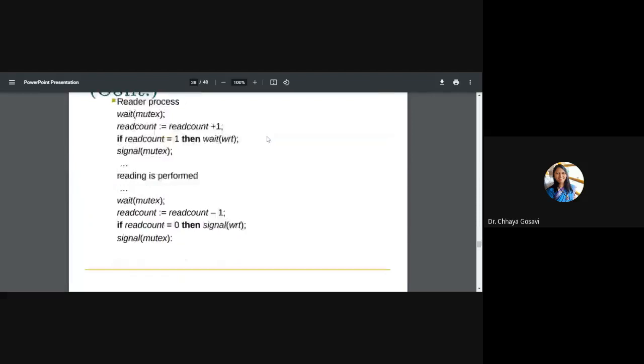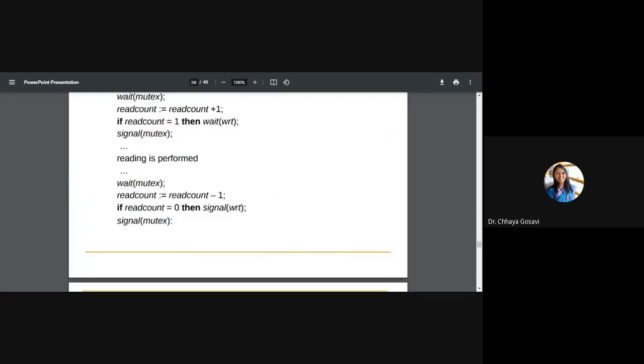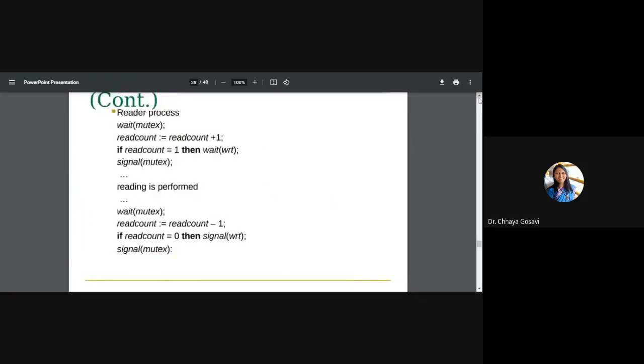Here, a reader arrived. The reader will wait for mutex, its turn. If any other reader is updating this read count value, this reader should wait. If no reader is there, the reader is allowed to enter and increment this read count. If it is the first reader who has entered into the critical section, then it has to close the door, or give the red signal for writer processes.